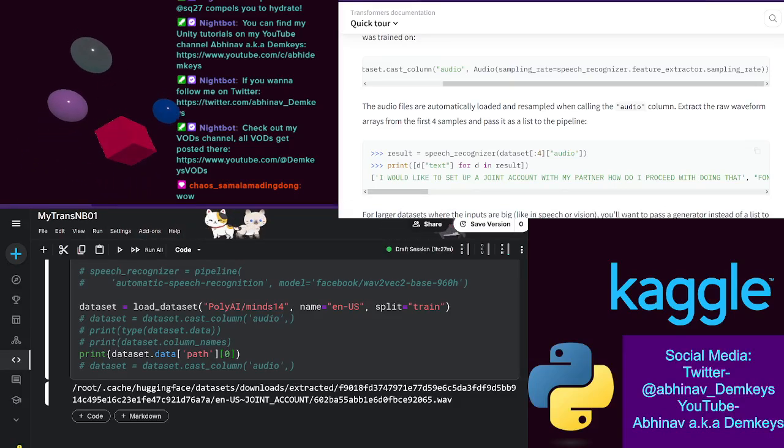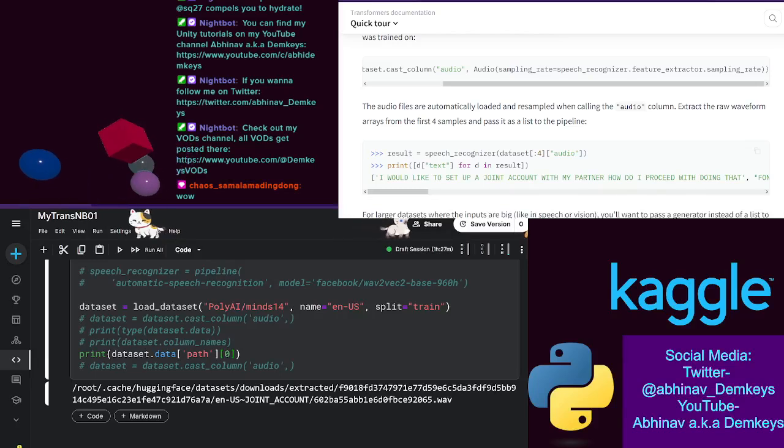Oh, well, I guess that answers my question as well as to where the data is being stored. It's being stored in the cache. And in this case, I don't even need to worry about having to download the data because